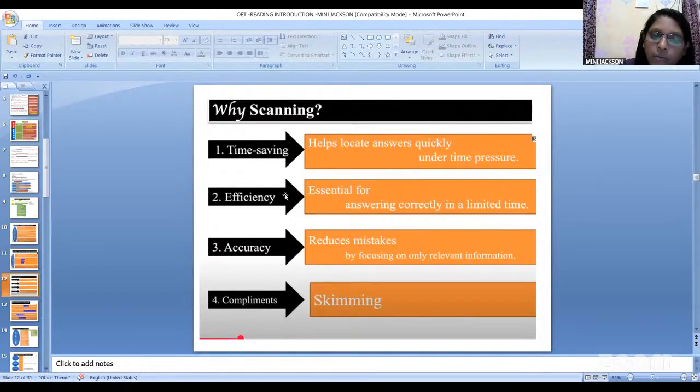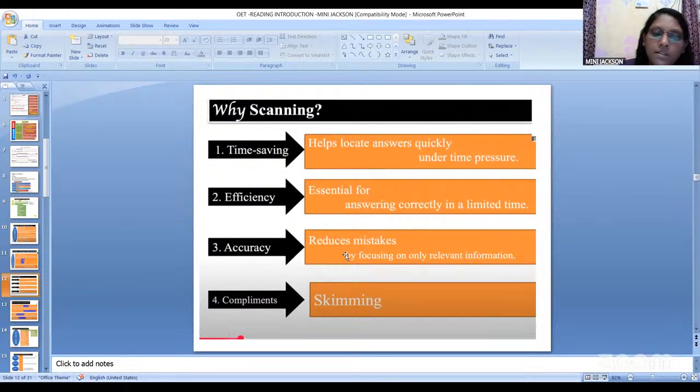So definitely you have to go there and search for the answer there. Then accuracy, reduce the mistakes. While writing the answers, don't write repeated words, don't make any mistake, and don't miss any spelling. As it is given, you have to mention. If it is given as an abbreviation, you have to write the abbreviation. If you know the abbreviation expansion, you can write it there. Otherwise, just write only what they have given, the same as it is.